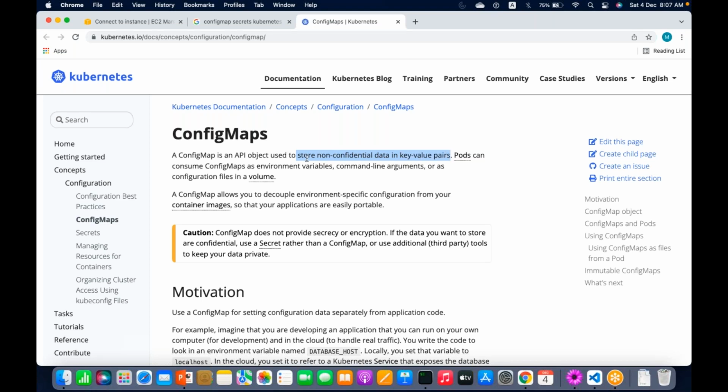Config maps are used to store non-confidential data in key value pairs. Pods can consume config maps. Pods can consume config maps as environment variables or command line arguments. Or can I mount a config map as a volume? The configuration content, the configuration file, as a volume, the way we have mounted hostPath and NFS, right? We can mount a config map also as a volume, as a configuration file, based on your